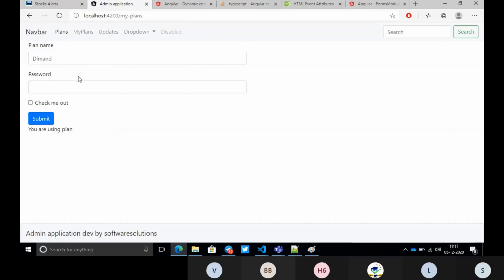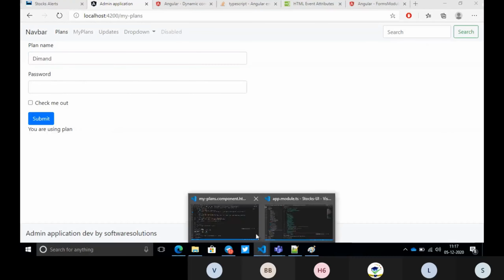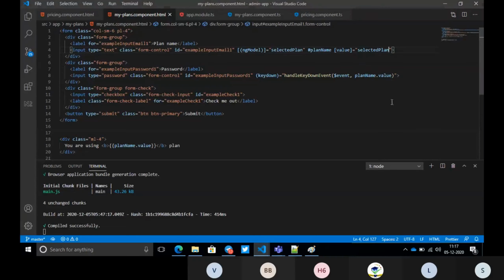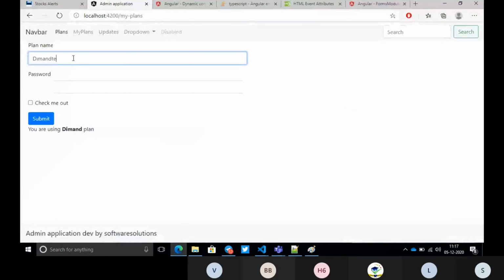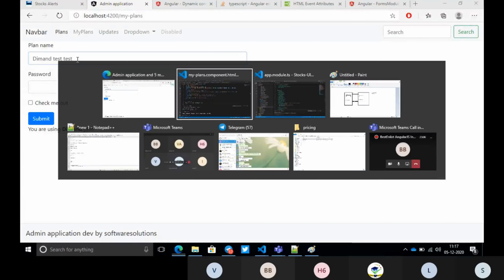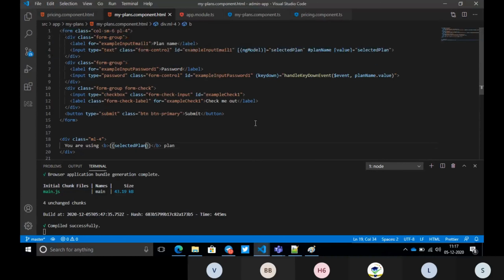Okay. So there is clearly something wrong with this ngModel in this current project. I'll check why this ngModel is currently not working as we expect.